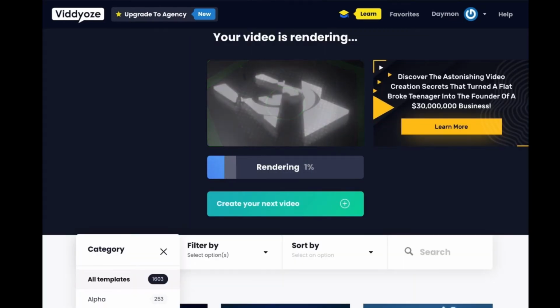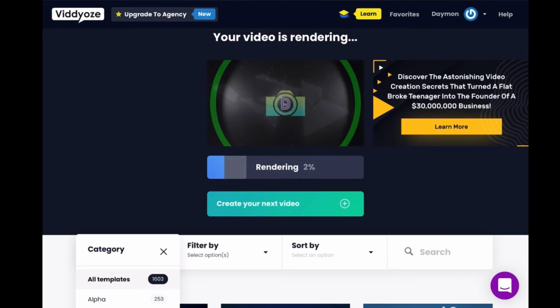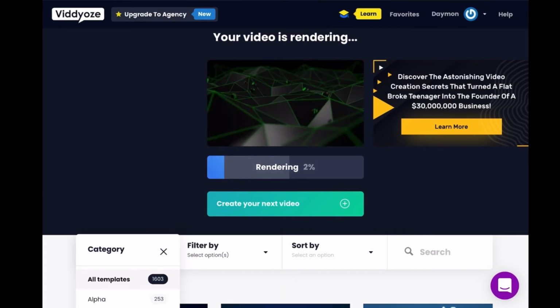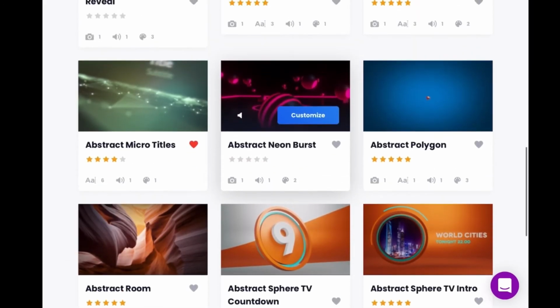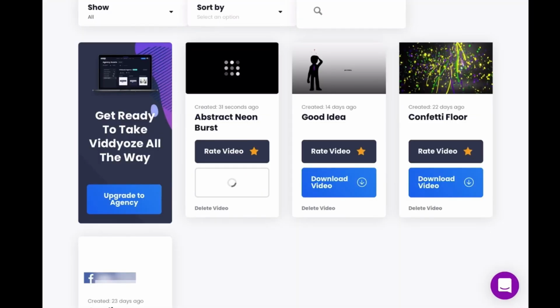And you can set these preferences up to actually send an email. While that's happening, I can go into another template and work on something else. Once it's rendered, you'll get the videos here. Then once they're here, you can download the video. This is a website, so once again, I can create it here, download it somewhere else.